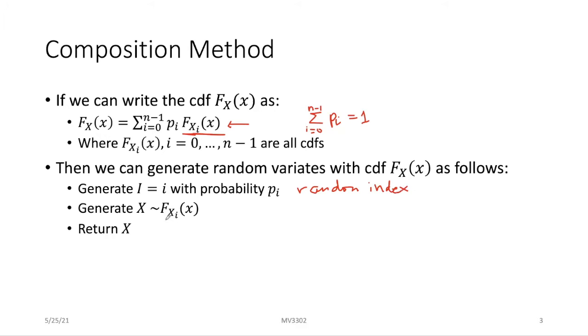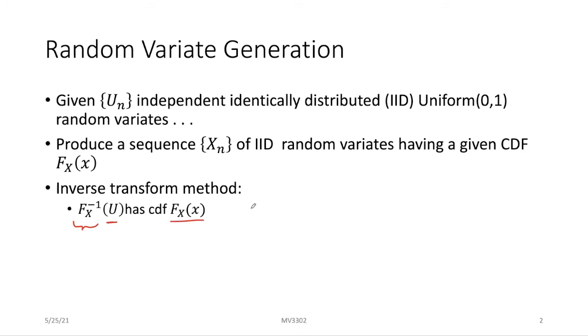And then what we do is we just generate from that CDF that we've picked out with that random index. Typically, this is how we can build up more complex distributions using our building blocks. And the building blocks are almost always inverse transform methods. So the inverse transform method, you know, that we have, and hopefully now, with some of these examples